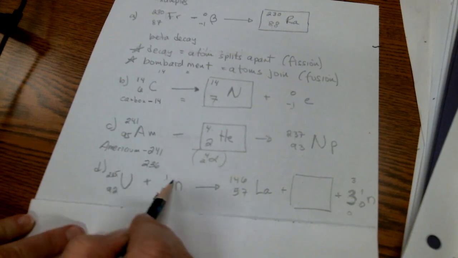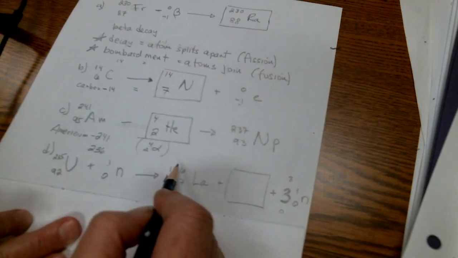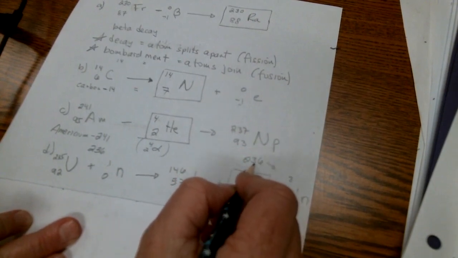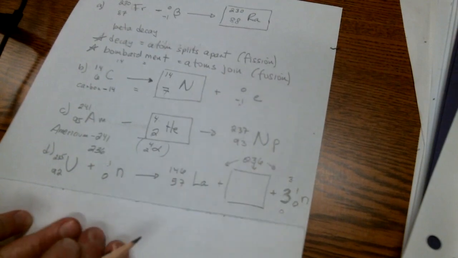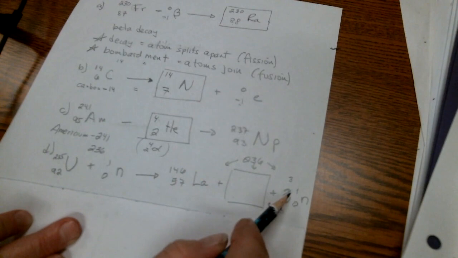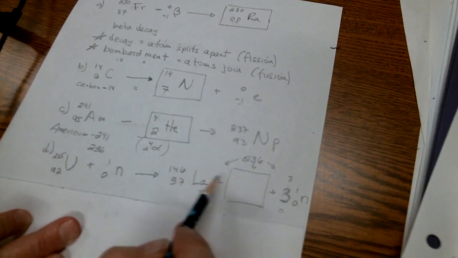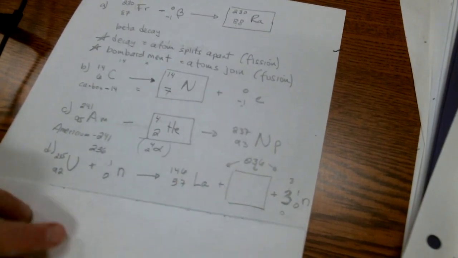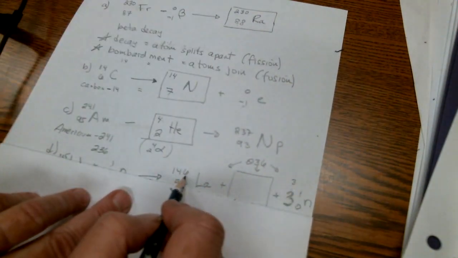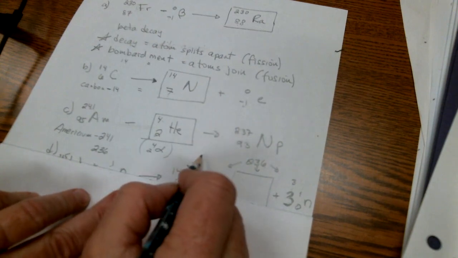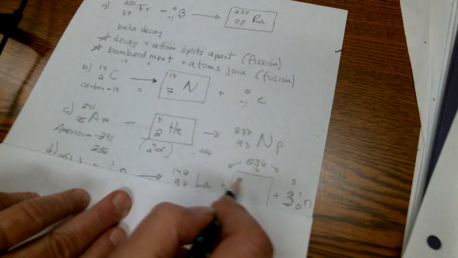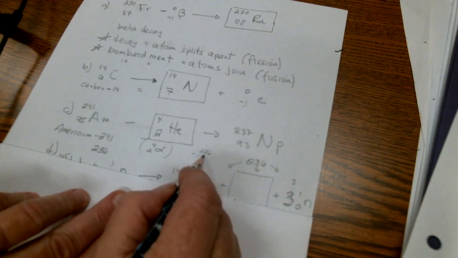If this side equals 236, all of this added together has to equal 236: this plus that plus that. Let's do the math. I already have 146, and I have 3. Add those together, that would give me 149, right? So now 236 minus these two added together, 149